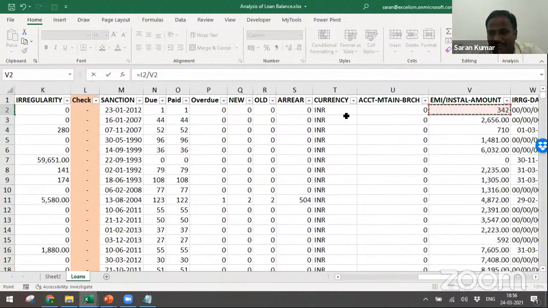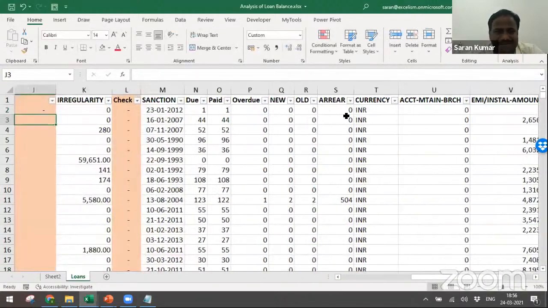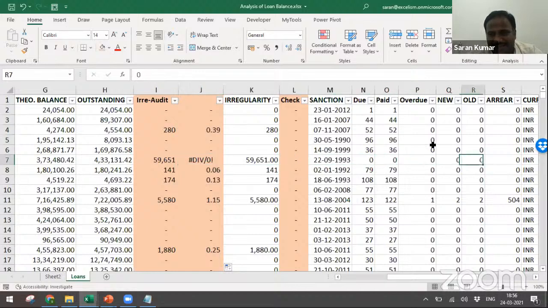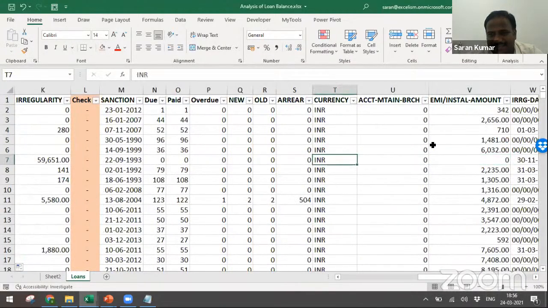I'm sure the EMI amount is there. This is the EMI amount. I'll just enter it. Because it's already 0, it's 0 only. It's 0 exactly in this case. It's not very big, a very little amount. So 0.39 is the difference. Let me copy paste down. What is the ideal thing here? In this case the EMI is nothing.